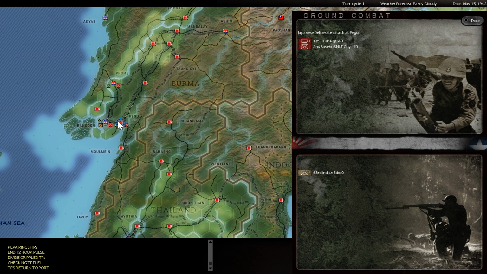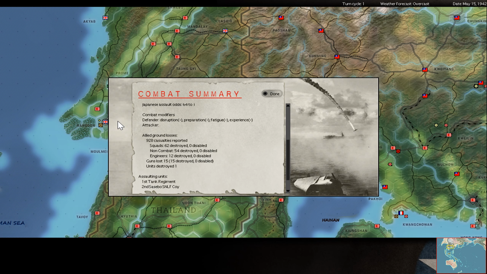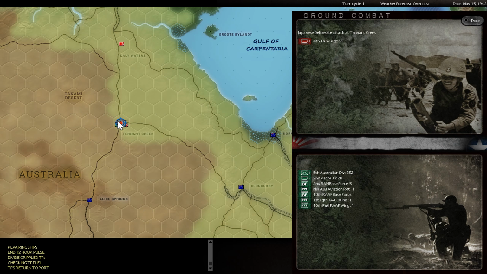Good. Maybe this India brigade can now simply give up. Finally, they surrender. No retreat. And also my tanks are arriving here at